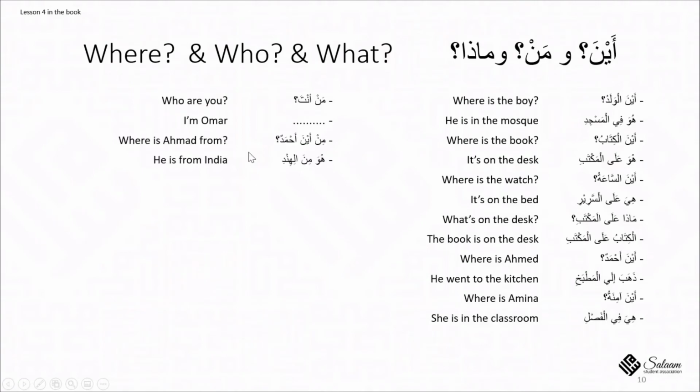من أين أحمد؟ من means from. أين means where. From where. Where is Ahmed from? هو, because it's Ahmed, it's a masculine thing. هو من الهند. الهند means India. And الهند has كسرة